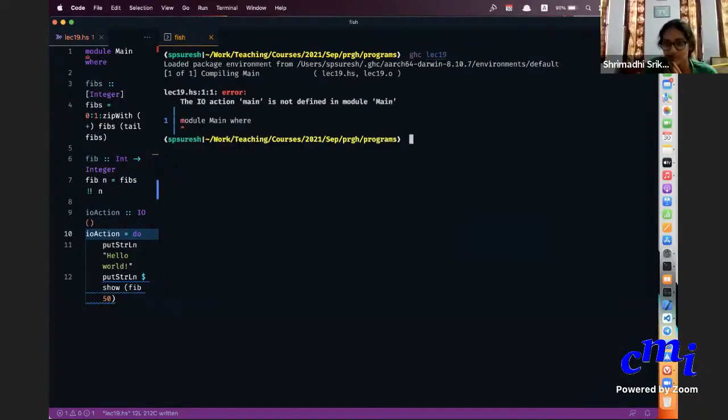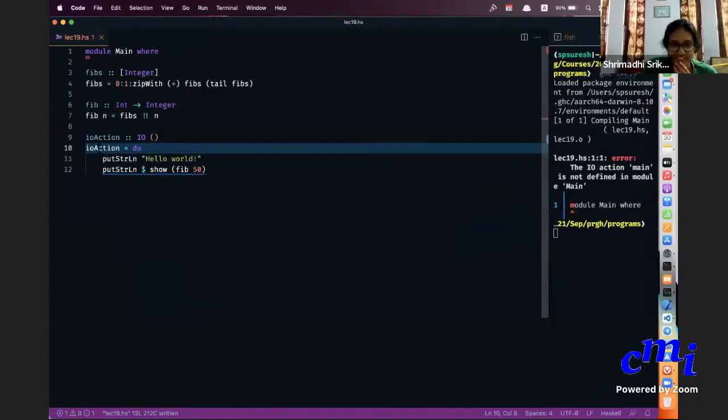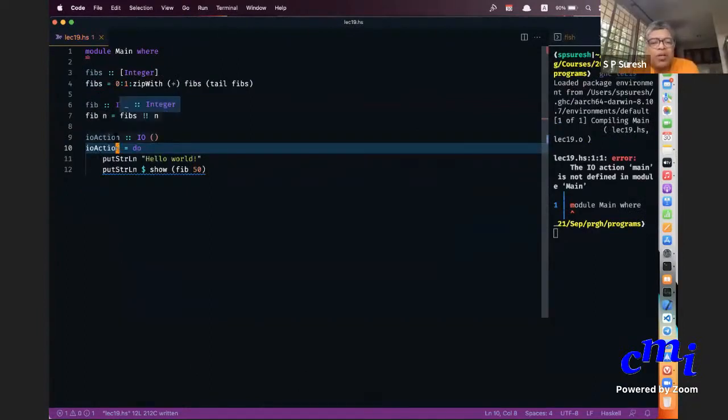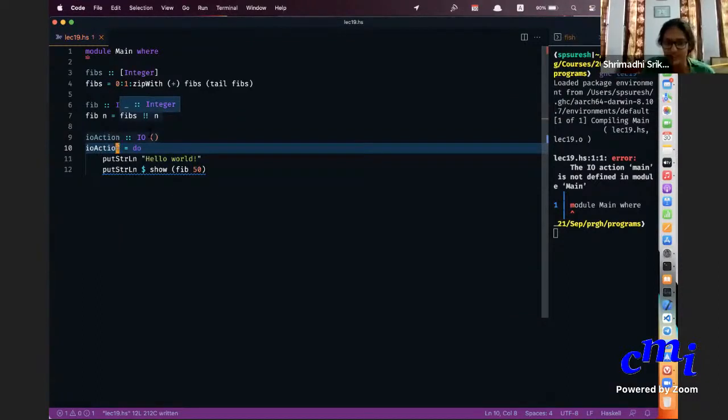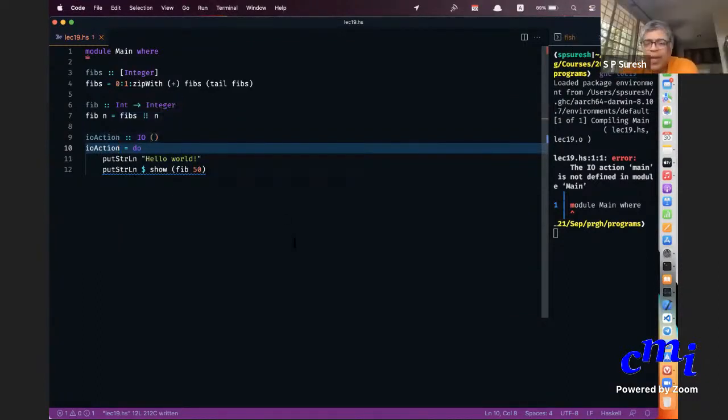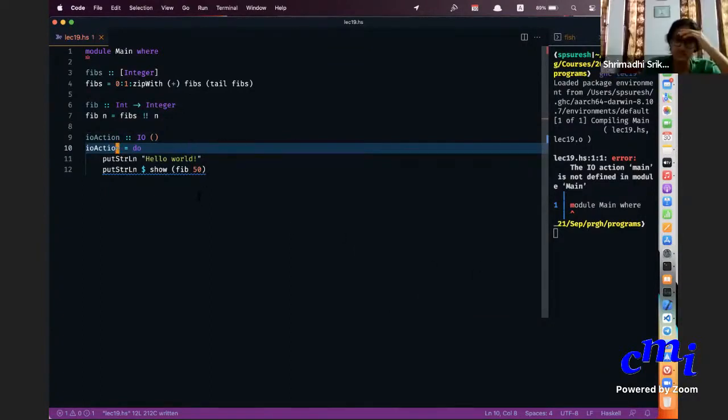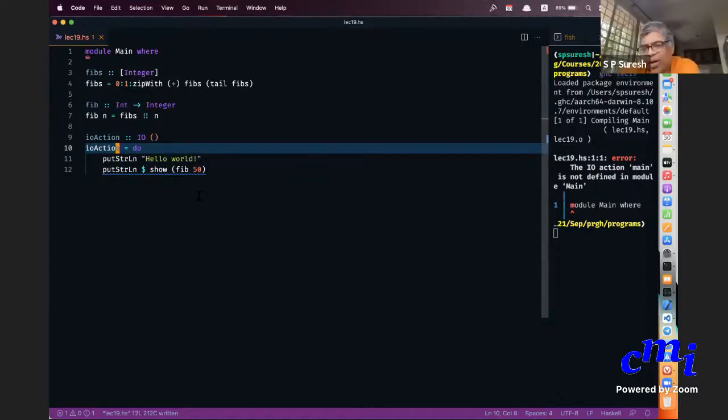Sir, could you repeat what unit does? I didn't catch that. I renamed main. There is no main there. Instead, I'm calling IO action. The unit, the brackets, what does it do? I'll explain it. I have written it in the slides. It doesn't do anything really. It is just there as a placeholder. You need to give some type, so you are giving it type unit. We'll come to that.